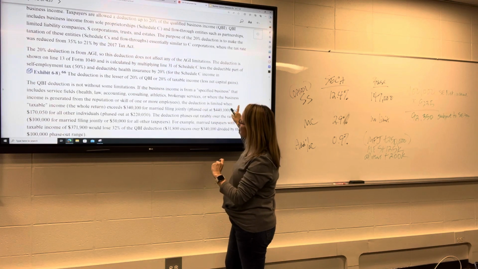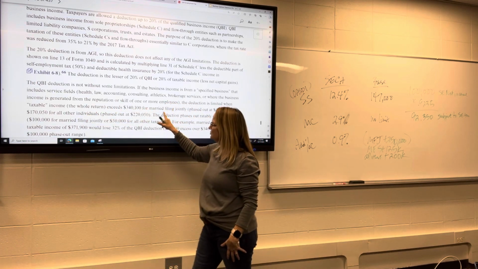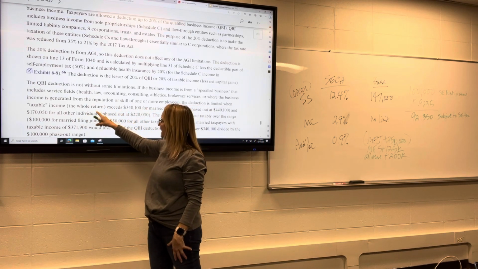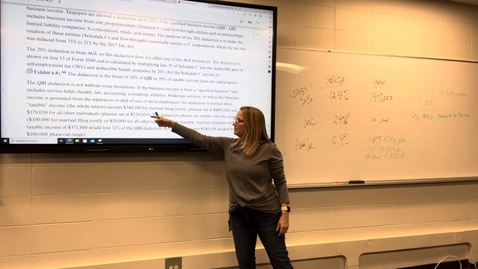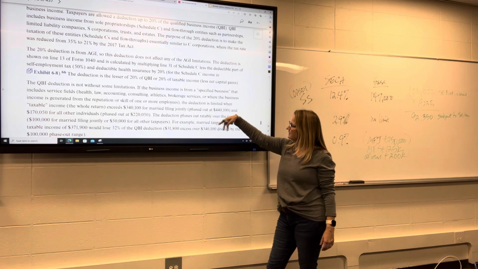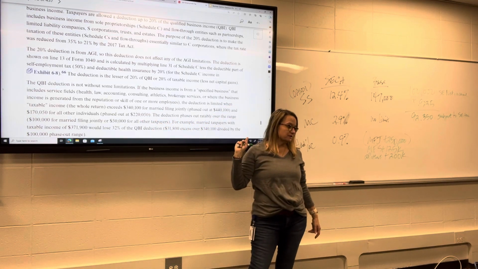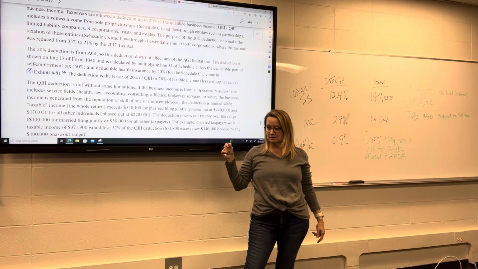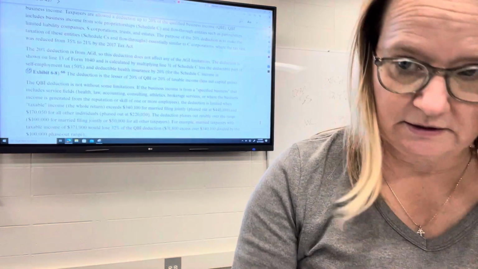The deduction for those individuals is reduced when their taxable income for the entire return exceeds $340,100 for married filing jointly, and then different amounts for the different filing statuses. I don't think you guys have to know that for your problems, but let's take a look at, hold on just a